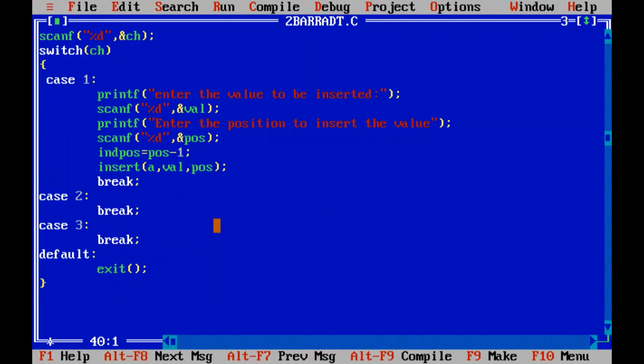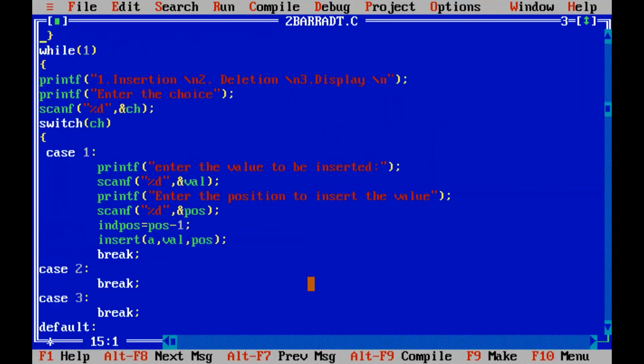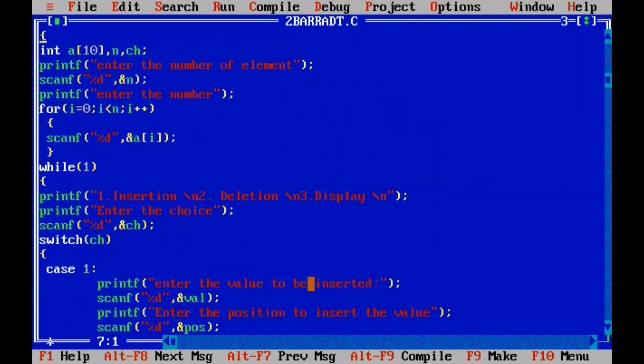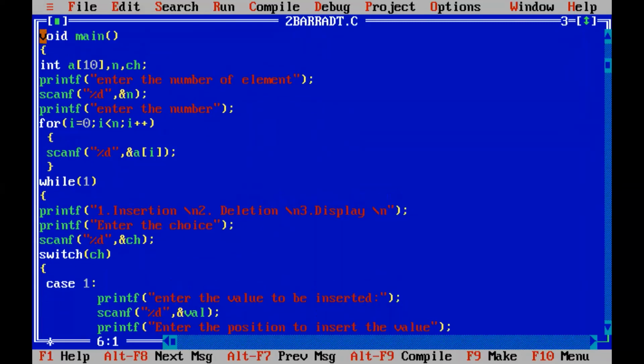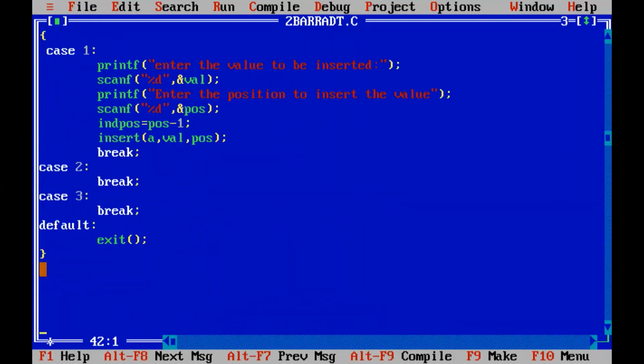Now, after the switch case bracket, what are the brackets which we have to close? We had opened a bracket for the while loop, right? And we had opened a bracket for main. So two more brackets are remaining to be closed. This for loop bracket is already closed here, right? So only two more brackets we have to close. Switch case we closed now. So we are going to close the while bracket, and after that, we have the main bracket.